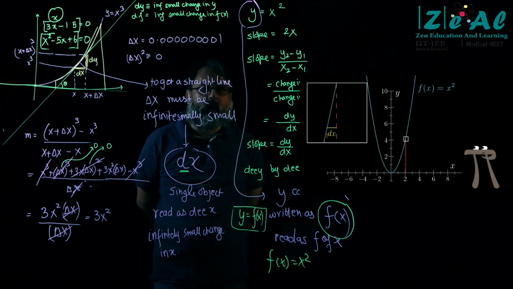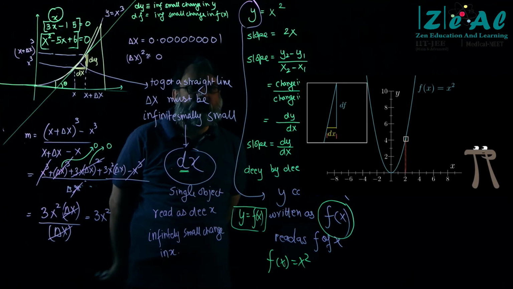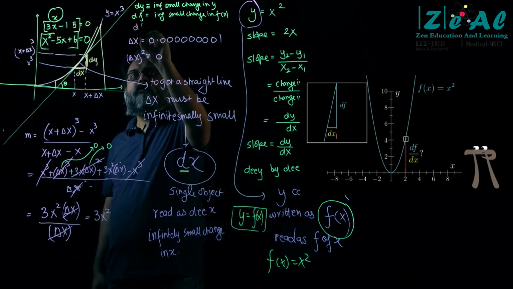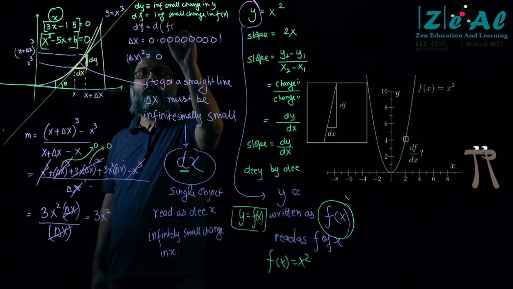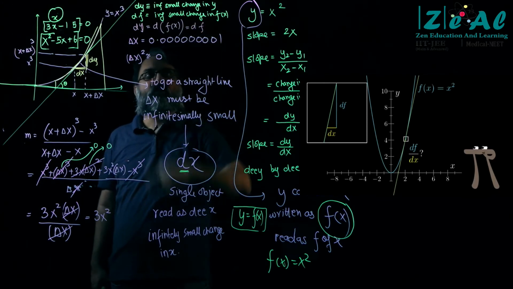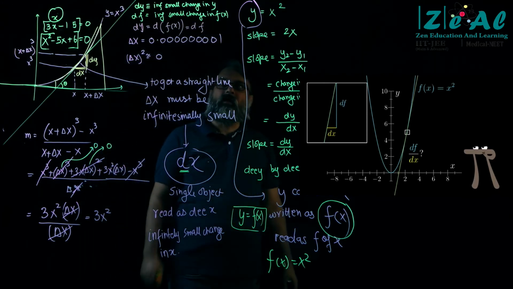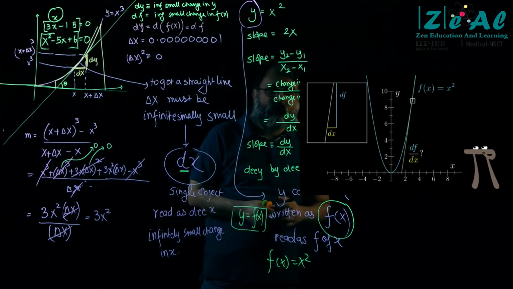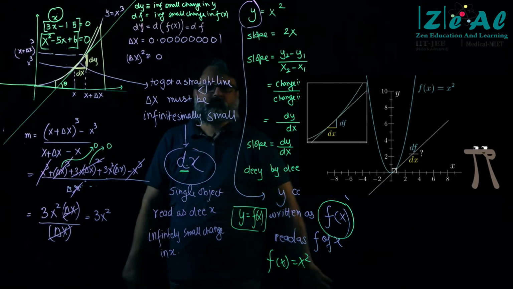Okay. Yes, Parth, that is the way of writing. So Parth is absolutely right. We should actually write this as dy is equal to d of f of x, but again this is too long, right? I'm too lazy to write. I'm not going to write something so long, it's beyond me. Okay? Okay, did it make sense?